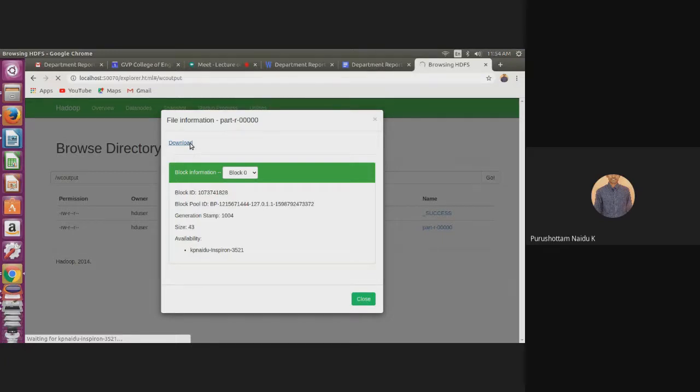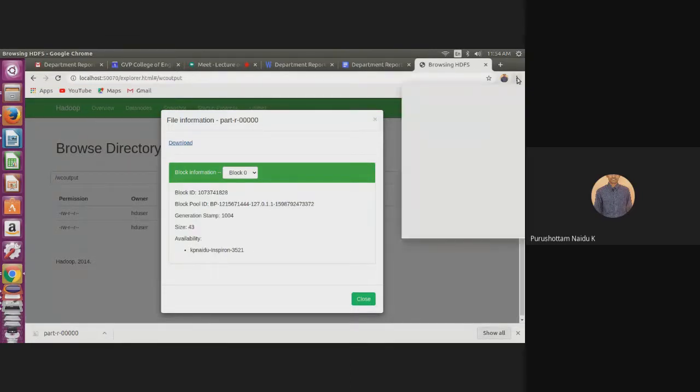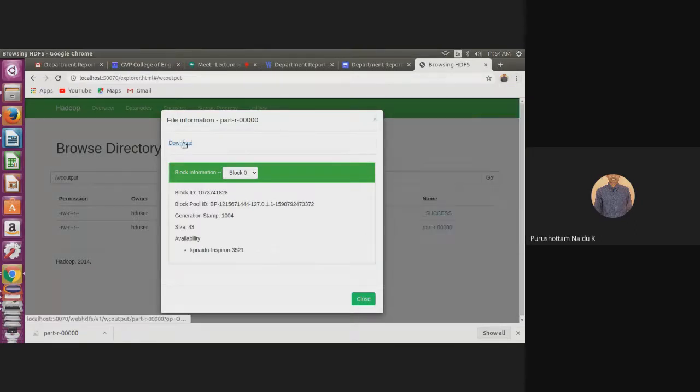It will take some time. Yes, okay, it's open.